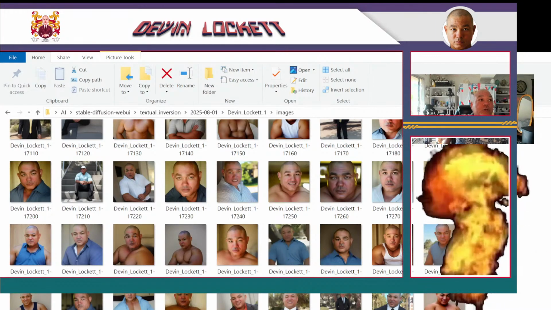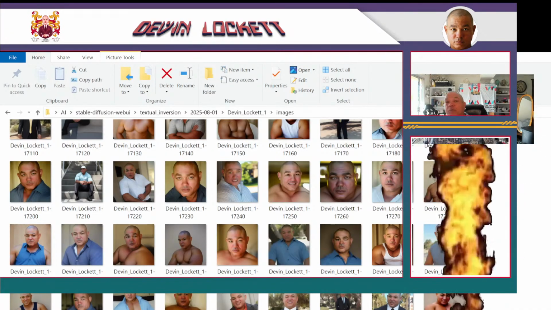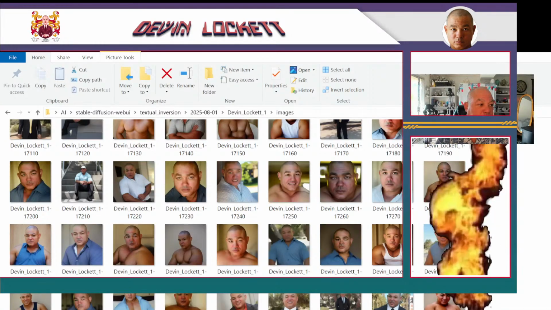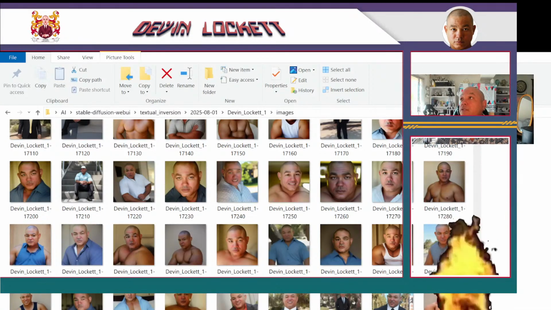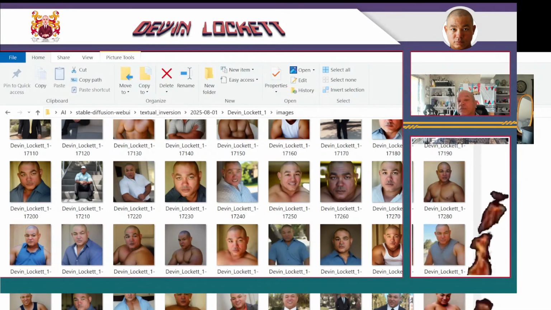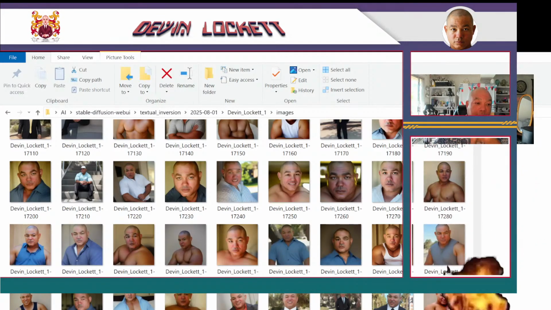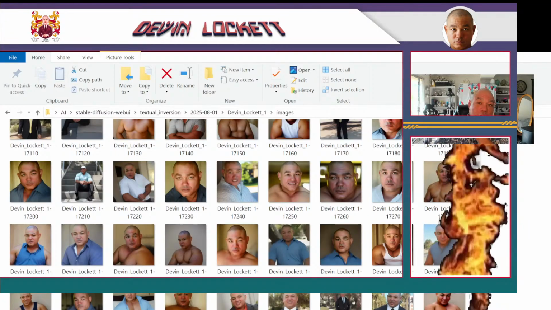I usually use it for web editing so that I can do coding adjustments on entire directories of web pages all at once. Anyway, I use that software to change the words a man to Devin Lockett in all of the